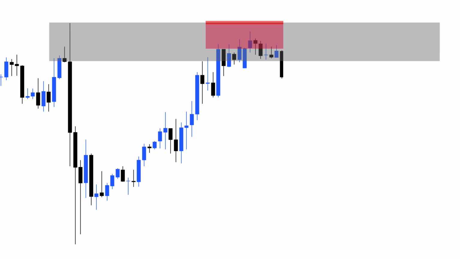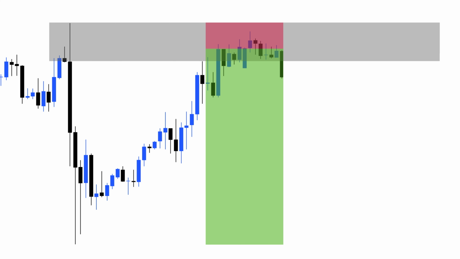Our SL remains at the level we identified earlier on the lower time frame, specifically at the extreme point of the selected zone. Our TP is set at the lowest point the price created before returning to this identified entry zone. Now that we have determined both the SL and TP, our trade setup is ready. Let's see how the price reacts. Will it respect the zones we identified and hit our TP, or will it hit the SL? Let's find out.